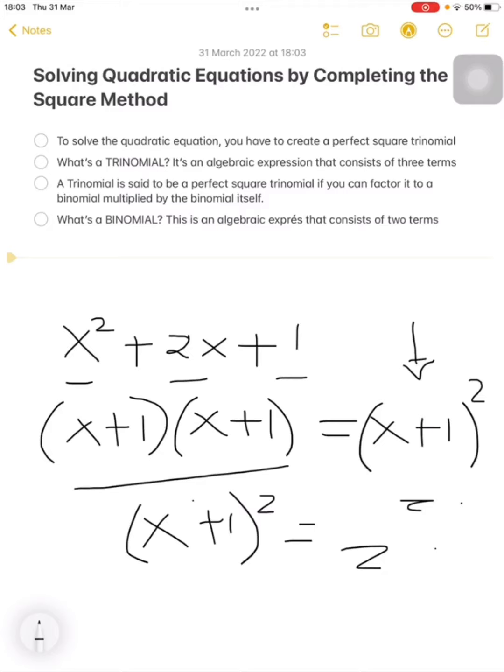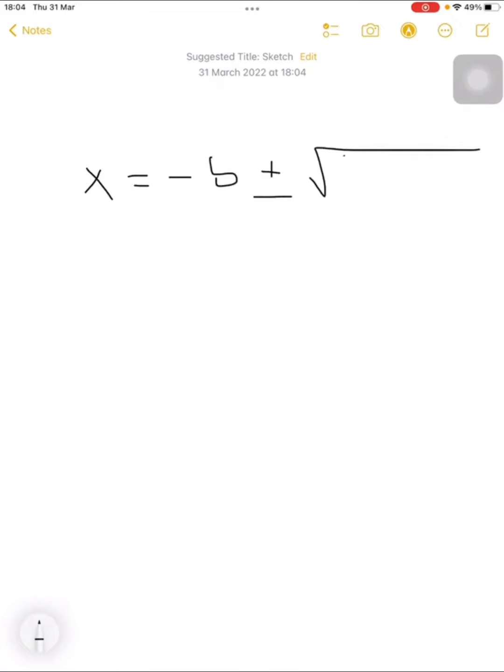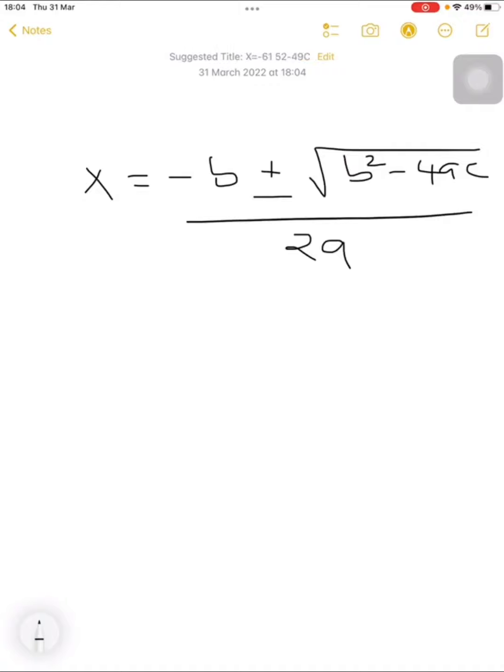And before we even continue to examples and a lot of things, I would like us to derive the quadratic formula, which we stated in my previous video. Maybe you can watch it. We said the quadratic formula is like this: x is equal to minus b plus or minus the square root of b squared minus 4ac, all over 2a. So I'd like us to derive this formula by the use of the completing the square method, and we are going to use the quadratic